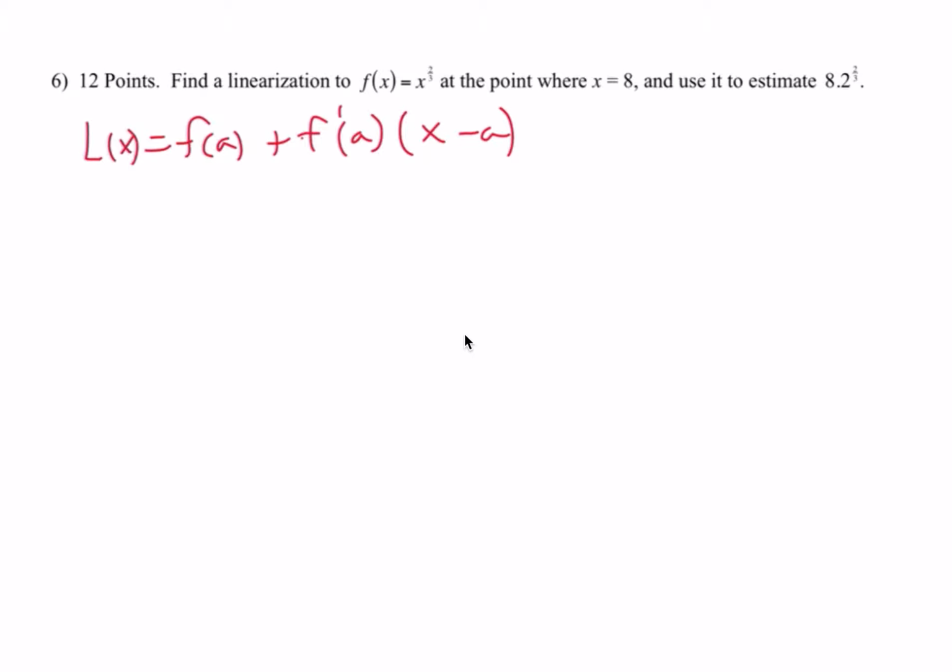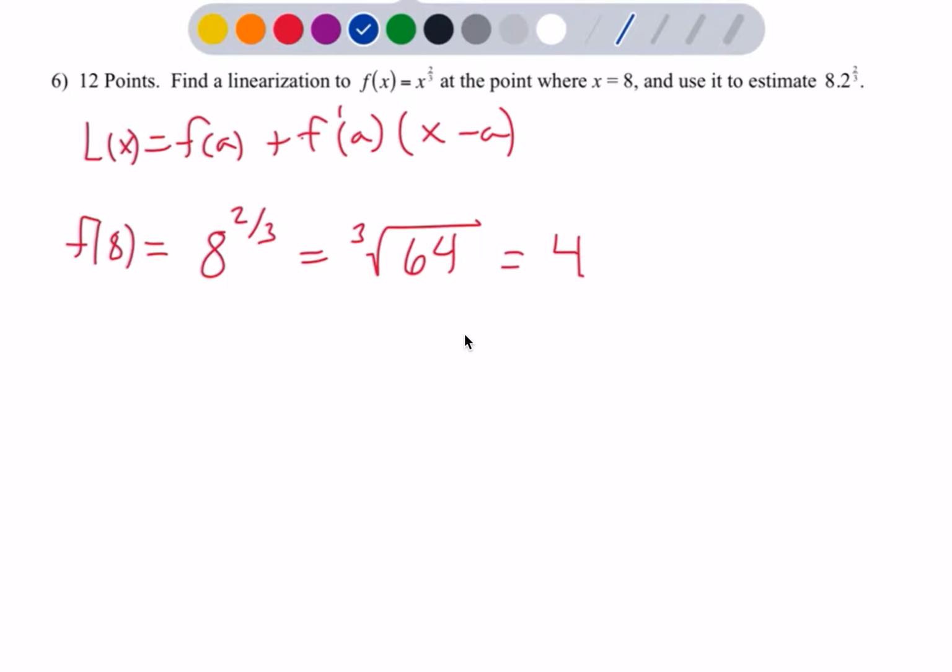So here, let's just find what is our central point. When I'm looking at x equals 8, we're looking at 8 to 2/3. So what we're saying is square 8. 8 times 8 is 64. And then take the cube root of that. And the cube root of 64 is 4. Alright? So we'll end up plugging that in